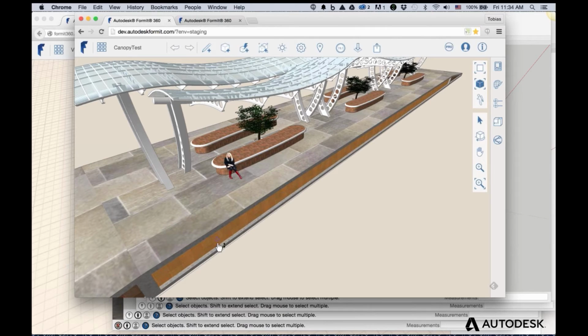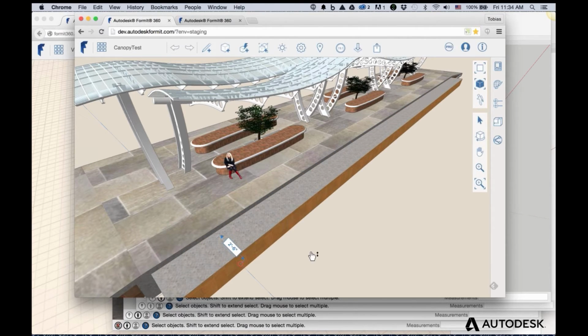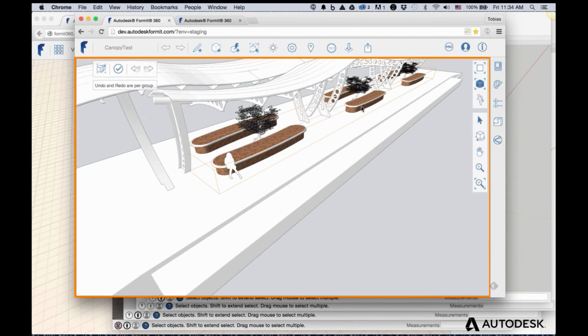We're basically turning that SketchUp, rather than an import, into real FormIt data, so that I can grab a face and drag it out like you would with pretty much any FormIt element. So your model lives on, the integrity of the model lives on, the groupiness of your model lives on too. So if I double-click this bench, you can see this is the same way that we do groups in FormIt, that you can grab a face in this one and edit it, and it'll update